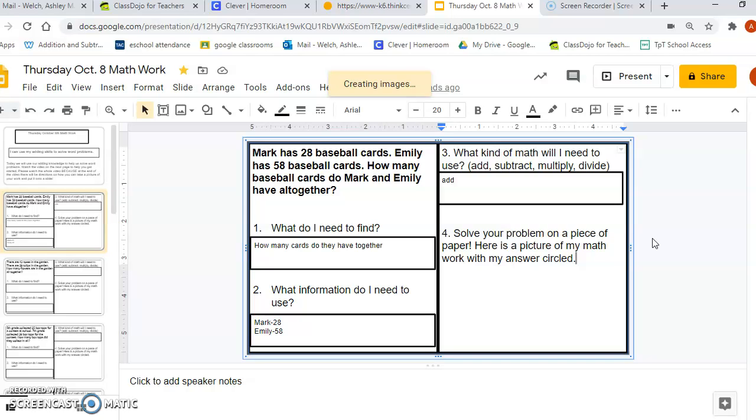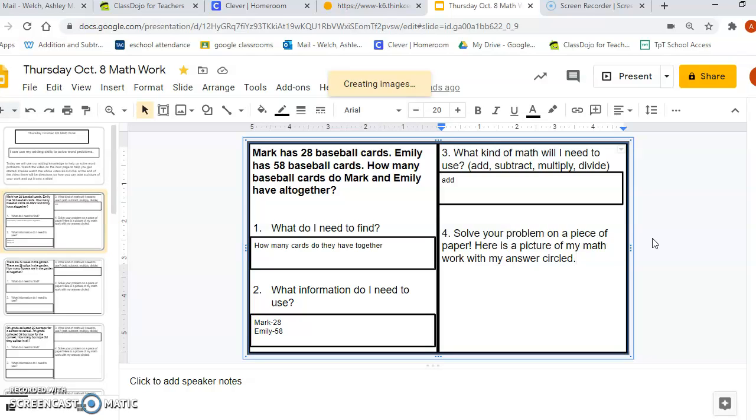So I'm going to teach you today how you can do math work on your piece of paper. And your Google Chromebook is so cool that it can actually take a picture of your work and you can actually put a picture of your work onto this slide. So I'm going to show you. So first, I need to solve